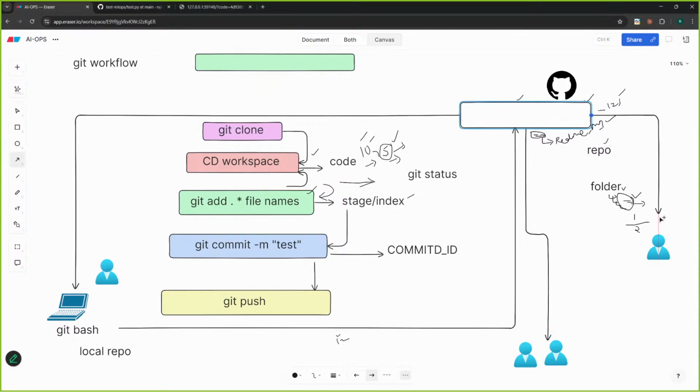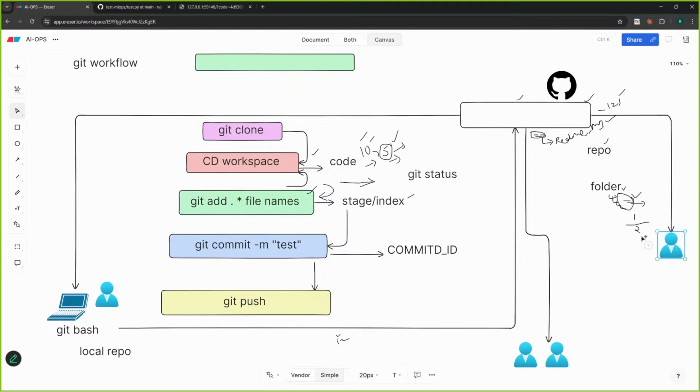This guy also will clone, this guy also, and you also clone. And you are working on some use case, and they are working on some use case. So you have done your changes on Friday, but you forgot to push them on the Monday. And these people have already done their changes and they have pushed to this repository on Friday or